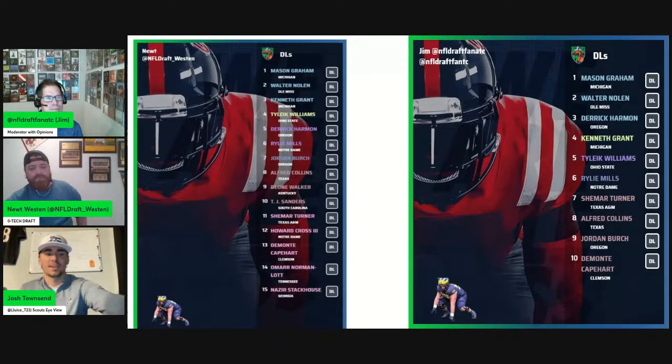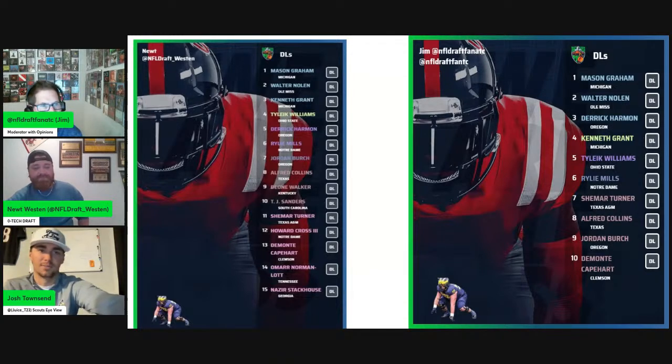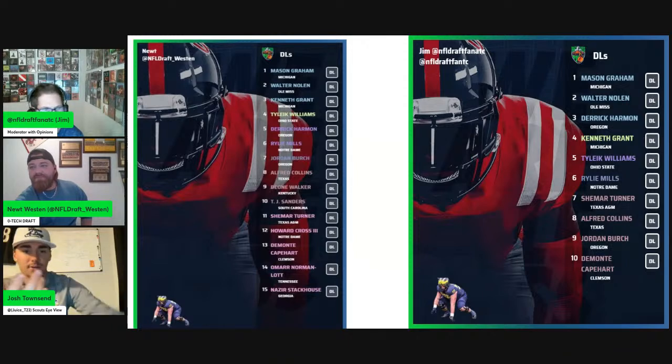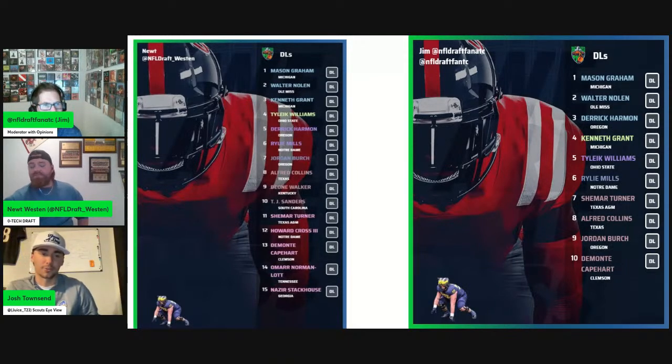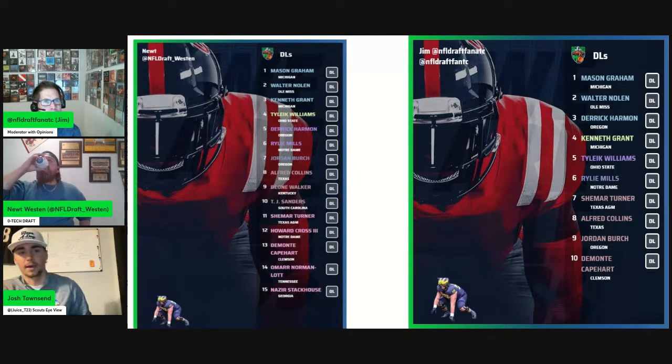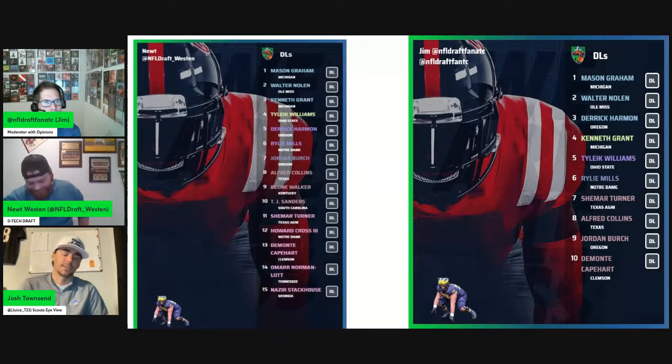No, that's awesome. That's the one guy that I'm really looking forward to, him and Aneas Peebles, to get into his film next. But I'll shine the light on probably my favorite interior defensive tackle in this class, Howard Cross. This is a guy with second-round, first-round production and a fifth-round, sixth-round body. Let's be honest, you're not going to get the freaky athletic tools with Howard Cross. That's just who he is.